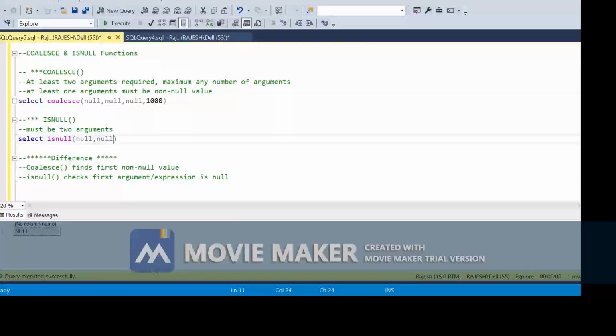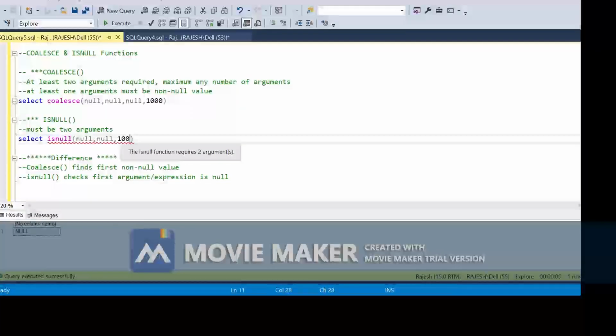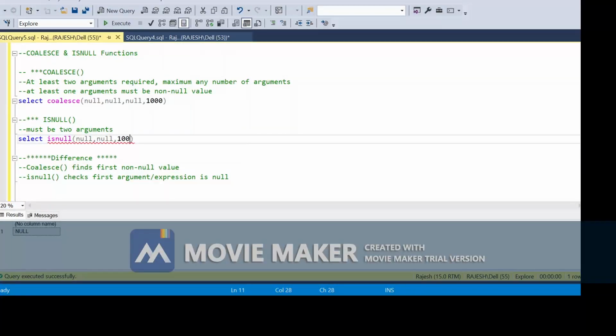Let's try to put one more argument. Suppose I put 100. Let's see, it is showing a typographical error and also giving a warning or hint. The isnull function requires two arguments, means it will not accept any third argument, but it can accept both null arguments